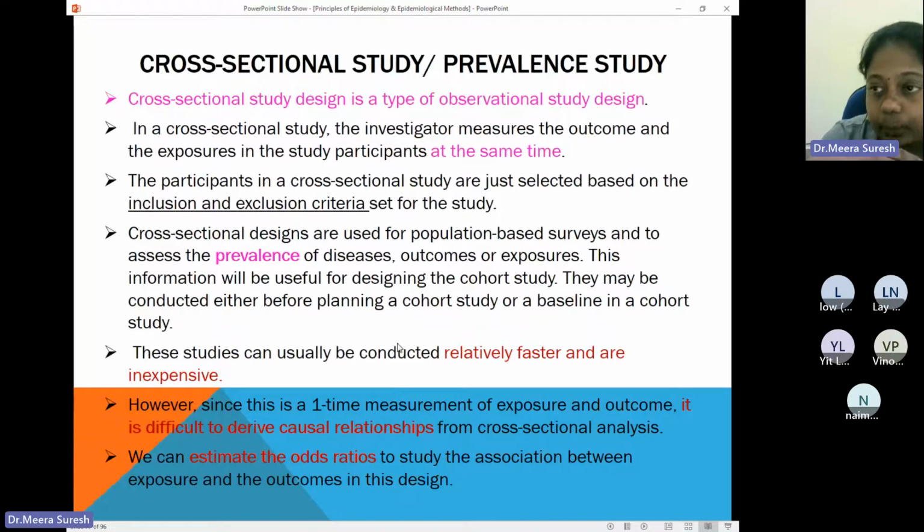You go into a group of people, a population, and then you give the questionnaire, and each person is going to answer that questionnaire and then return it to you, and you get the result. Maybe you give it to 1,000 people; not all 1,000 might have replied, but just assume all 1,000 replied, and then you make a report. So you don't know anything that happened before, and you don't know anything that happened after. At that particular moment, what is happening, that you get to know.